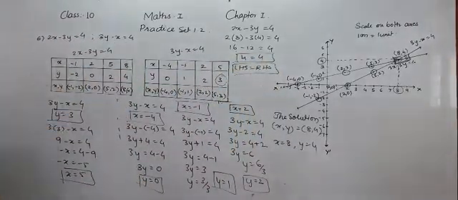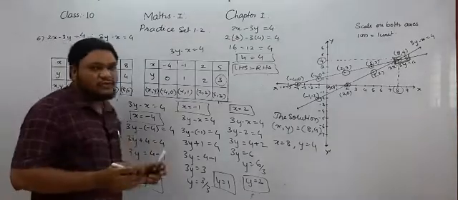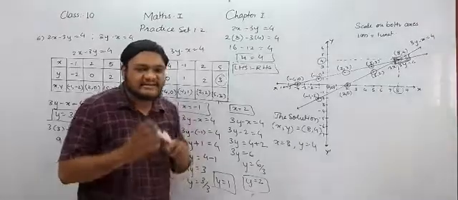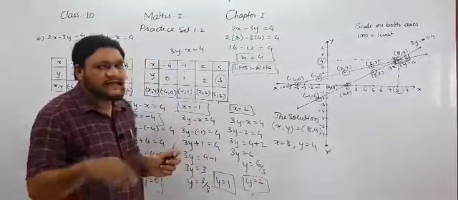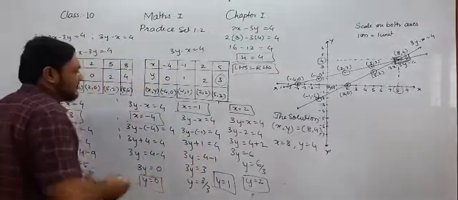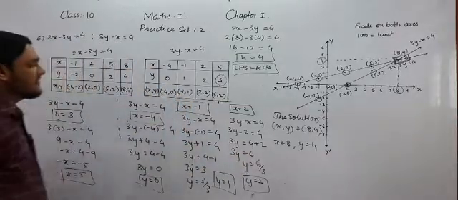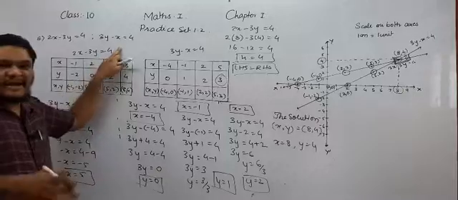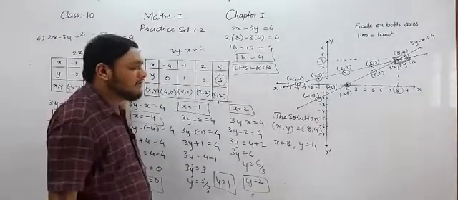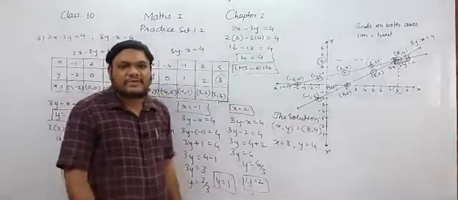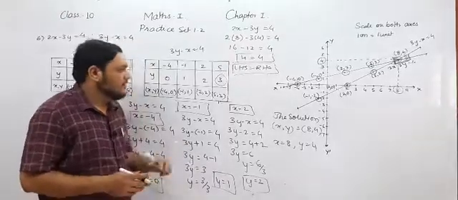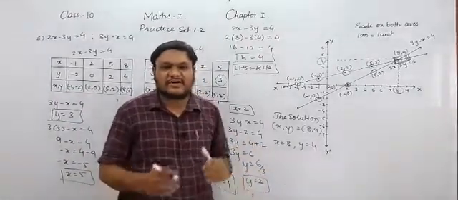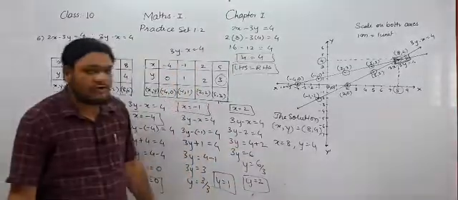So it will also satisfy the second equation. The values of x and y which satisfy the given equations are the solution of those equations. So this value satisfies the equations, that is why these are the solution. You can also solve these two equations by another method, the method of elimination by equating coefficients, or the method of elimination by substitution. Then you will see that the solution is 8 comma 4. If you solve these equations with any method, the solution will be 8 comma 4.